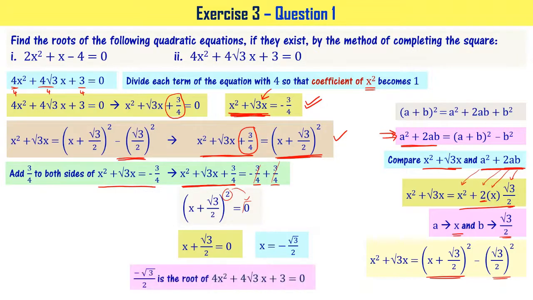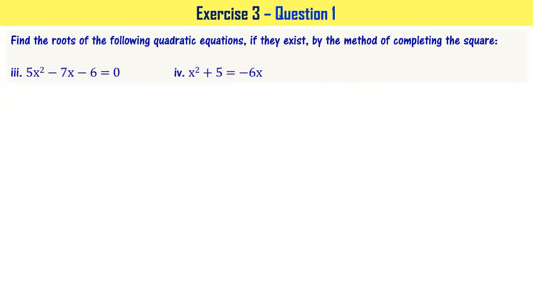To answer the question, minus root 3 by 2 is the root of the given equation 4x square plus 4 root 3x plus 3 equal to 0. Got it? Now let's look at the third part of the problem, that is 5x square minus 7x minus 6